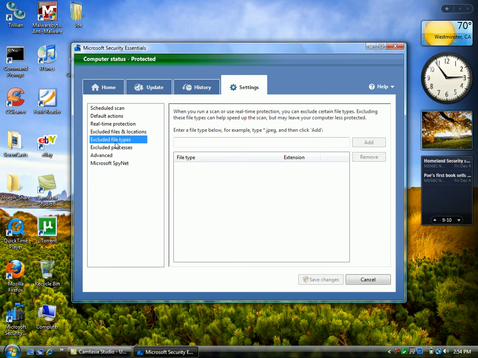Let's say any .exe file you have on your machine, you do not scan. Now you may not want to do that, because if a virus has a .exe extension, you may not want to do that. But let's just say all of your PowerPoint presentations you don't want damaged. You can put a .ppt extension, like here,